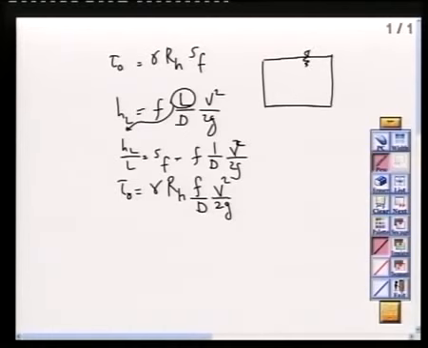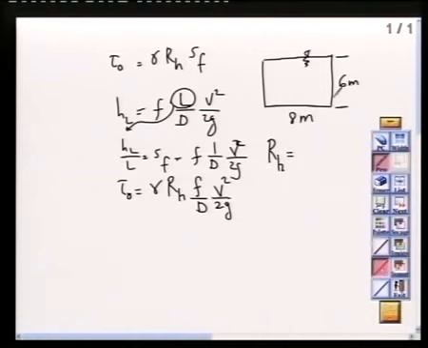Now, if I say, for example, this is 8 meter in width, and this is, for example, 6 meter in depth, then RH would equal the area of the flow, 6 by 8,